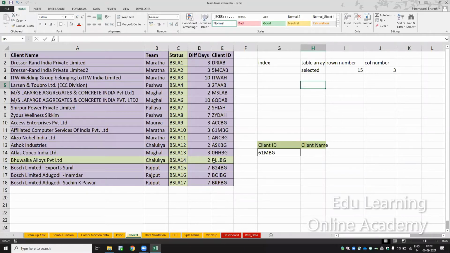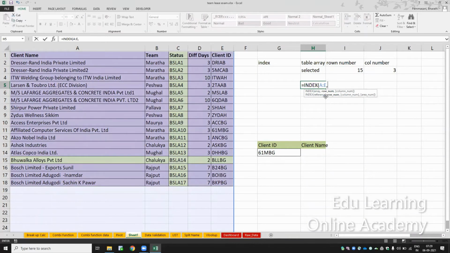But we cannot always search the row number. The column number we can give, but the row number we cannot search manually. First of all, you have to understand the syntax: index is table array, row number, column number. Let me write the index, selecting the table array, comma.